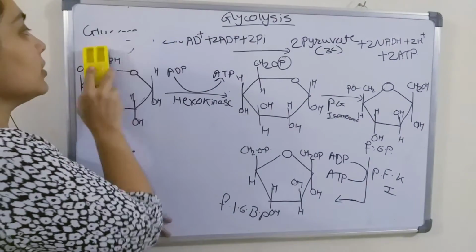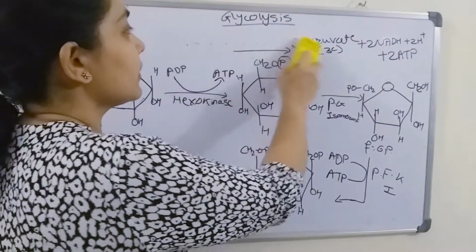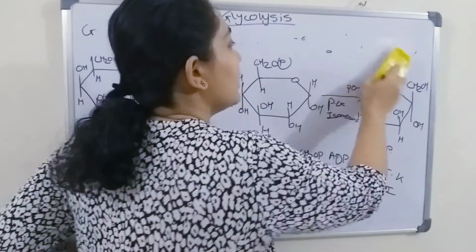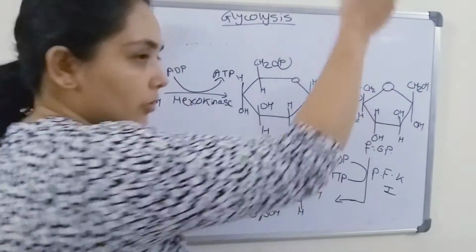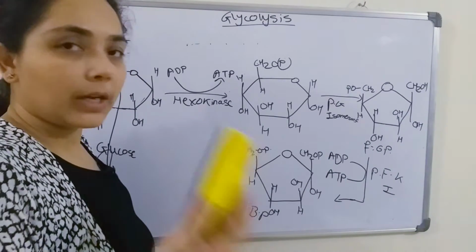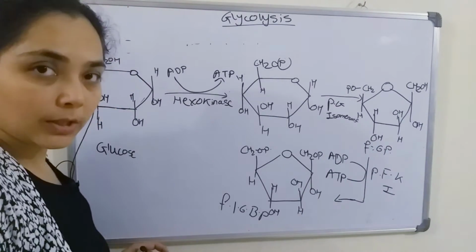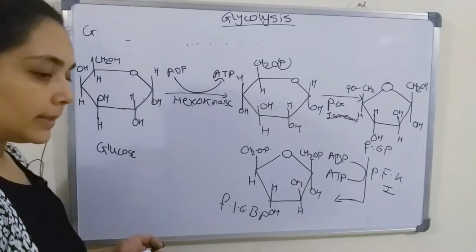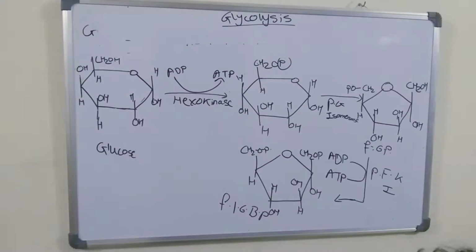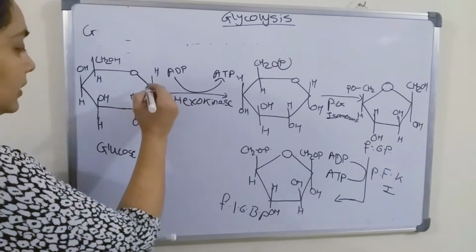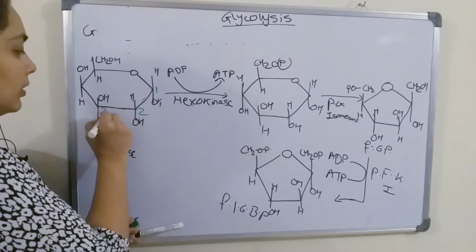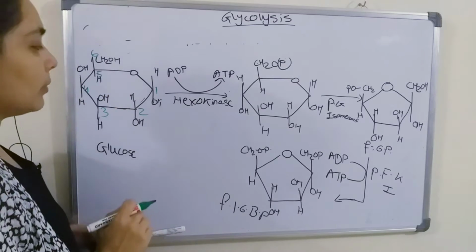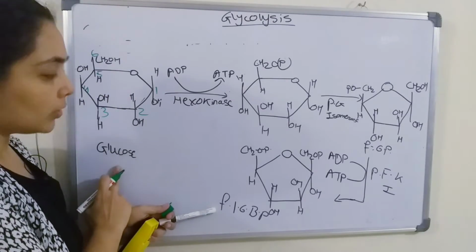Okay, so let us start the glycolysis here. First, the sugar molecule will enter into the cells with the help of the glucose transporter, right? After entering the cells, the glucose, which is a 6 carbon compound, we'll do the numbering here. See, this is the first carbon, second, third, fourth, fifth, and this is a 6 carbon compound, right? This is the structure of glucose.